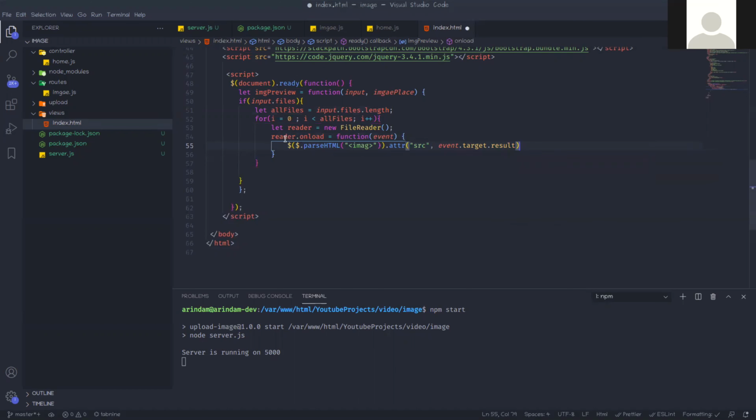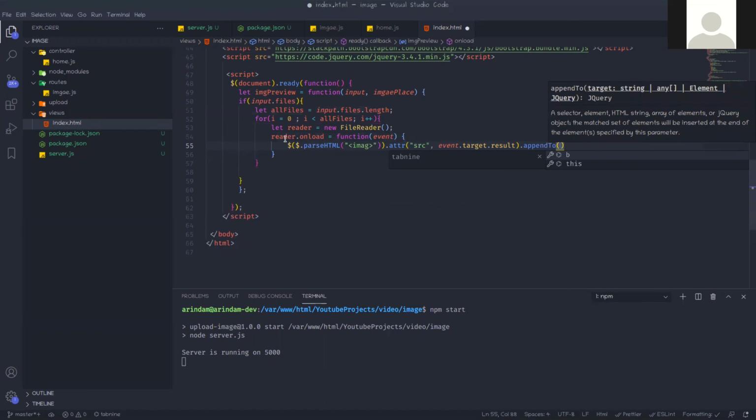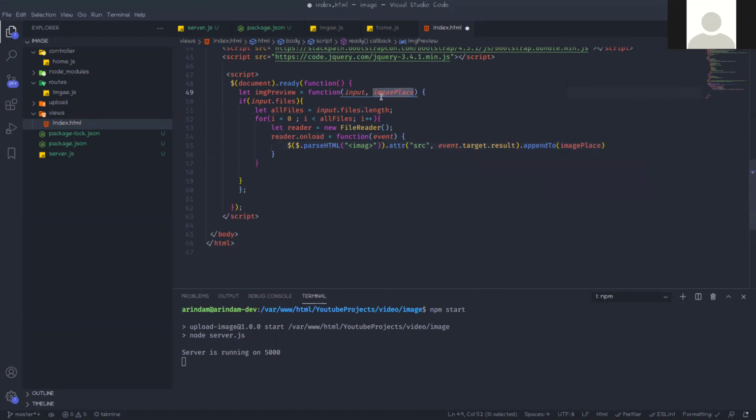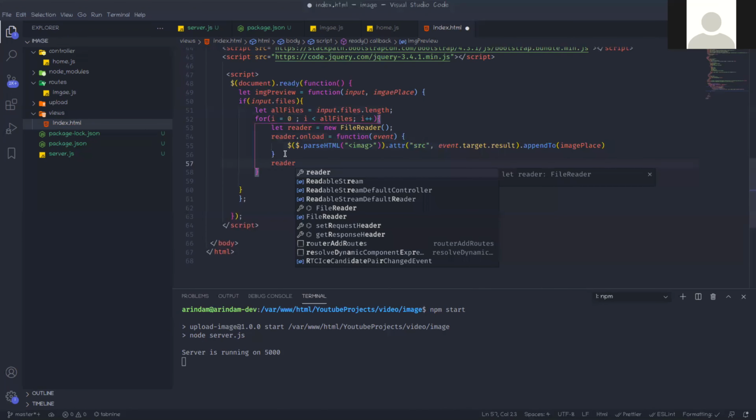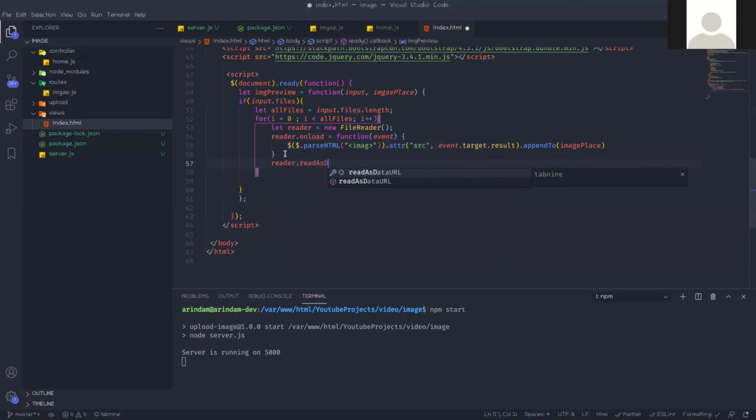And it should be appended to image place, meaning this variable. And when it is done, then reader.readAsDataURL with input.files, so we are reading those files one by one.